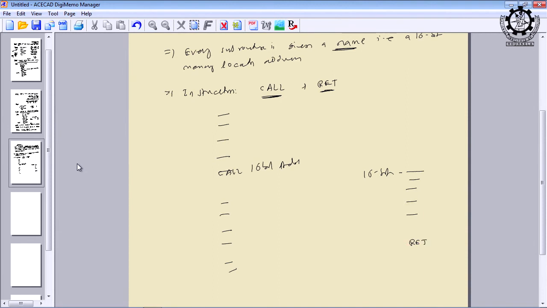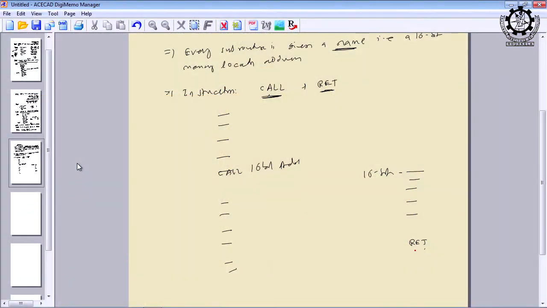Okay. And this is called unconditional call and unconditional return. Here we are not testing any condition. Call means the control must be diverted to the subroutine, and whenever the subroutine execution is over, because of this unconditional return instruction, the control will come back to which point? It has to come back to exactly the next instruction following the call instruction.